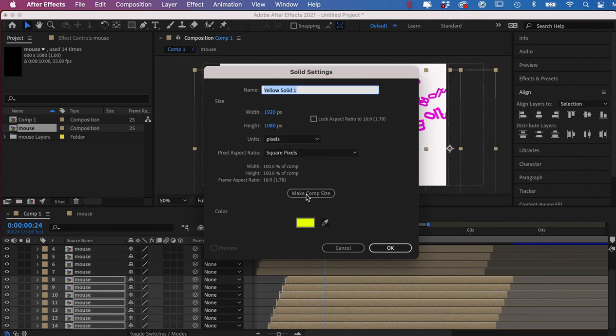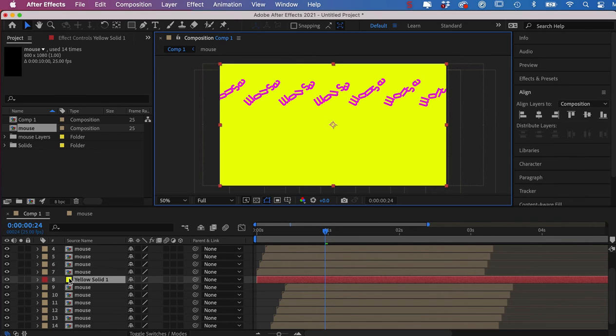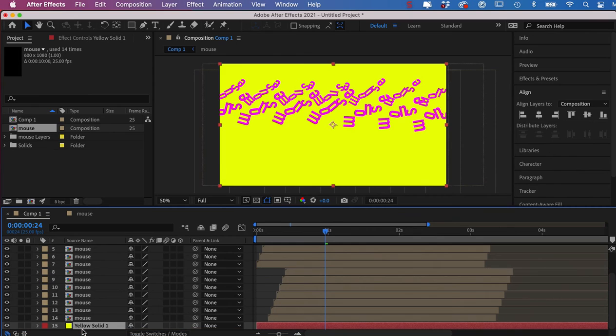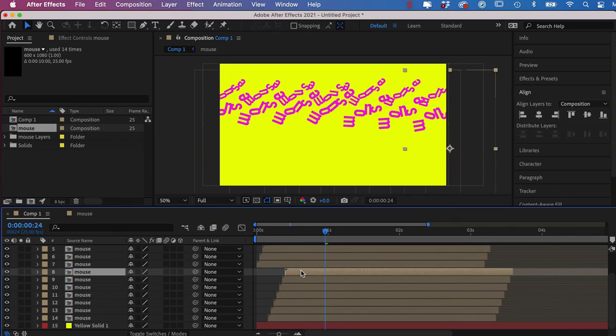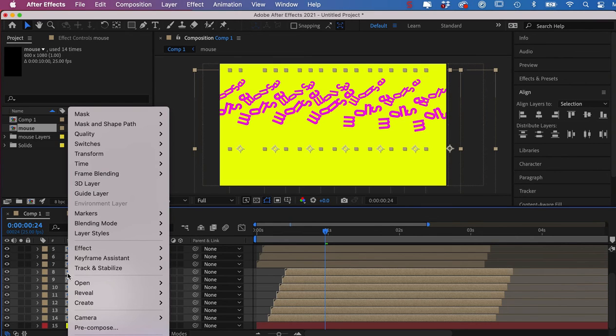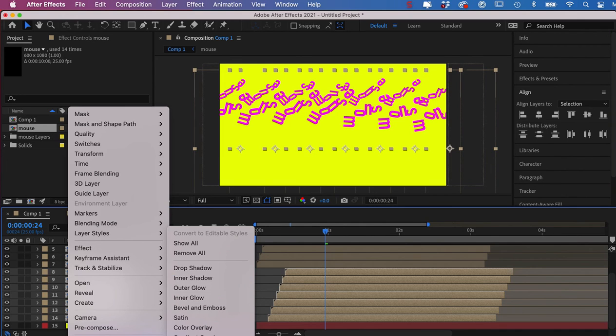I'm going to hit Command Y, and I'm going to just pop in a color. It's a new solid. Wherever it comes up, I'll just drag it all the way down to the bottom. Now, if I select these bottom layers and I Control click on the layer, I'm going to have an option in here that talks about layer styles, and I'm going to go stroke,